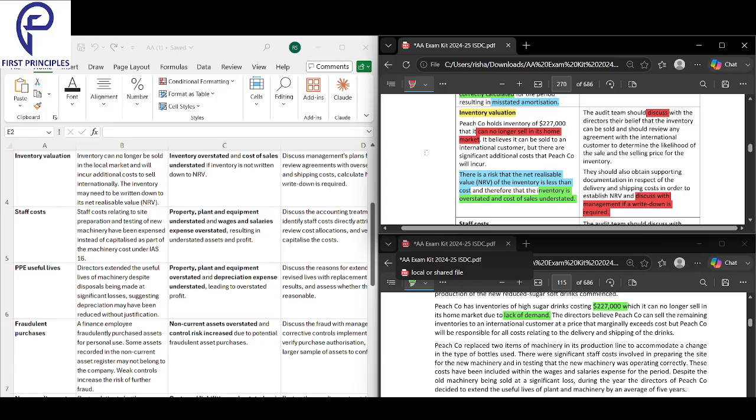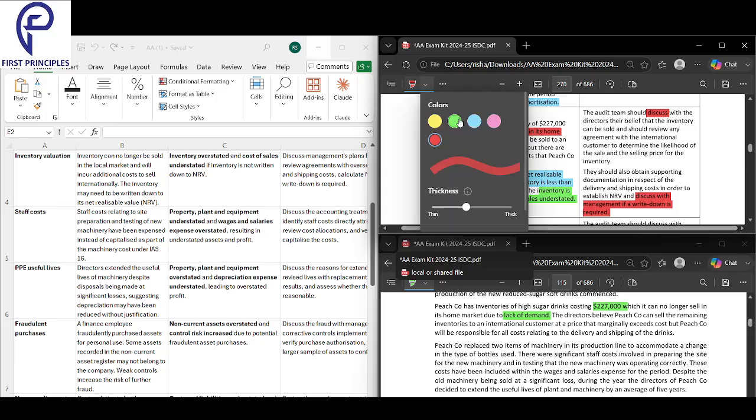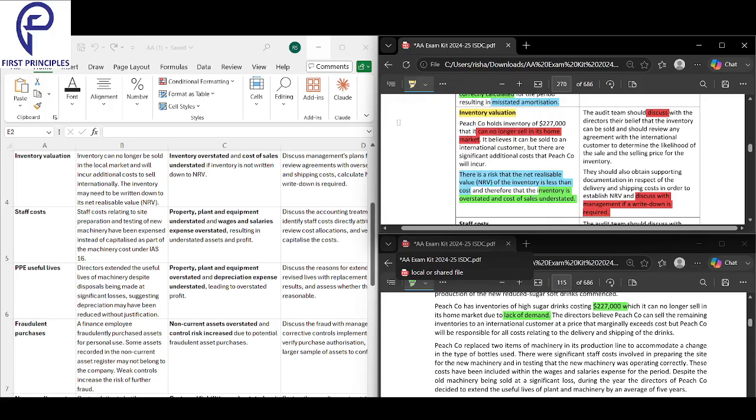Now coming to the international point of view. These people think that they can sell internationally. But if they sell it internationally, the problem will be that they will have to incur a lot of money, so the selling price might go below cost also. Because they sell it to international customers, they'll have to pay a lot of money. So the selling price and ultimately the NRV, the money that actually comes into your hand. What is NRV? NRV is the money that comes into your hand after all the selling expenses. So here, after incurring all the selling expenses, there's a very good chance that your NRV would be below cost.